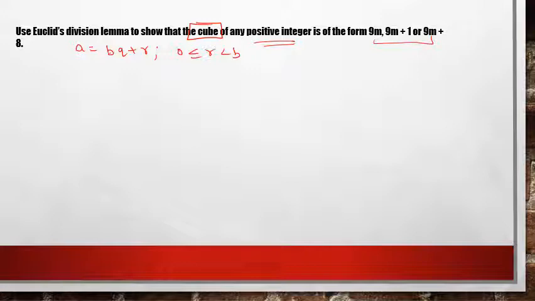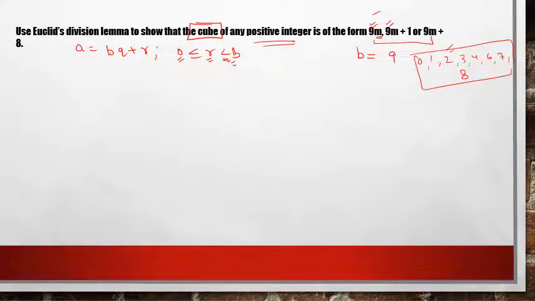To check this out, we have to take b. Now I have already told you that whatever is with m or q or any variable, you have to take that b. But here, if you take b as 9, then the possible values of r will become 0 till 8, right? Because it is less than b, it's not equal. So that will become less than 9, which is 0, 1, 2, 3, 4, 5, 6, 7, 8. All these values will become possible values of r. And then that question will become lengthiest, right, for you to solve everything in this form.